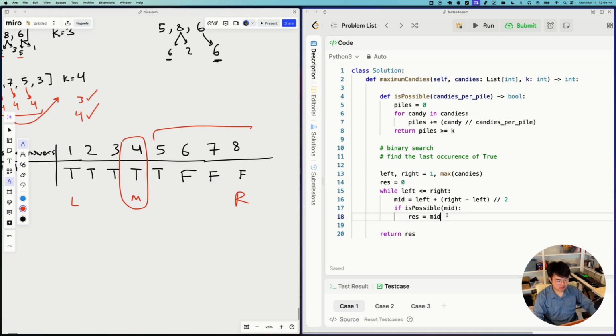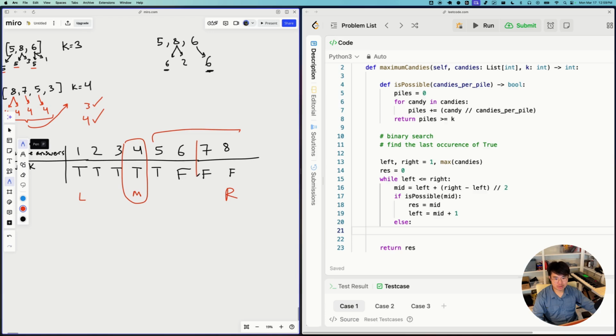as well. Which means now that our left needs to be mid plus 1. And if it didn't work, let's just say if this was our mid and this didn't work, well, we know searching farther to the right will definitely not work. We have to look to the left, which means our right needs to be mid minus 1,